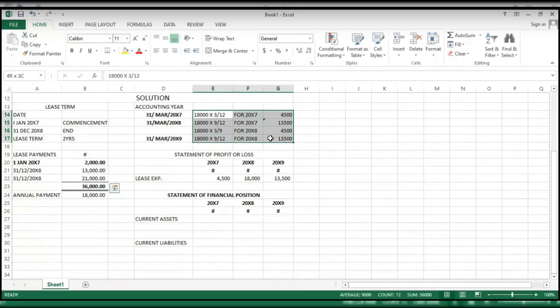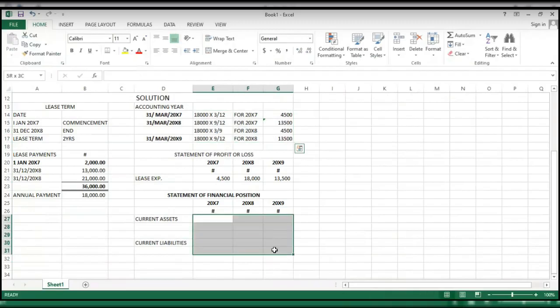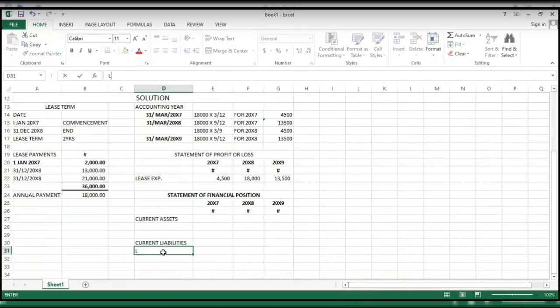the appropriate basis of accounting. Now we want to know what is left for each year that we accounted for. Only 2,000 was paid out of 4,500. So lease liability is going to be the difference between the amount that we actually owe and the amount that we pay. 2,500 in 20x,